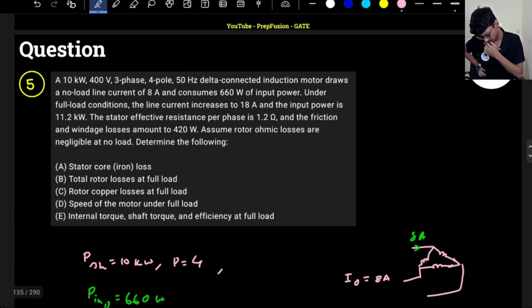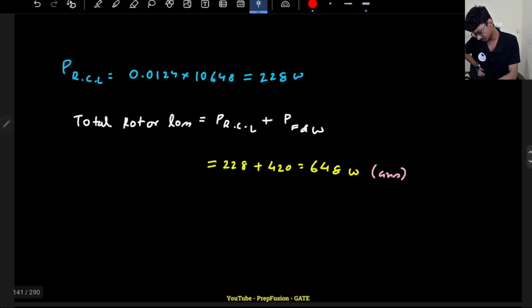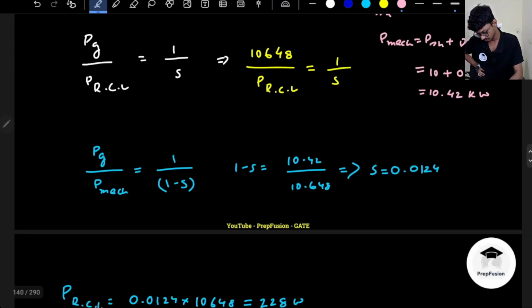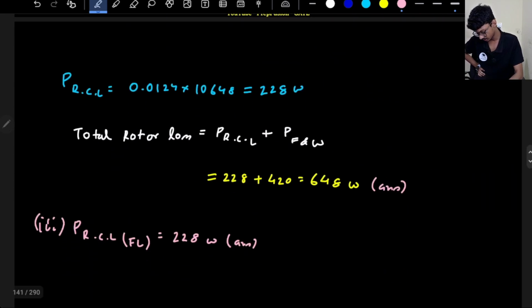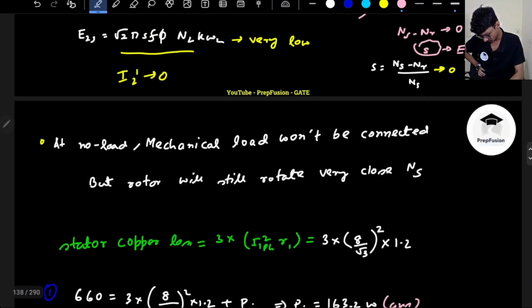Okay, total rotor loss I have found out. Rotor copper loss at full load I have already found out, so it is already done. The rotor copper loss at full load will be equals to 228 watts, already solved for it. So the fourth portion is